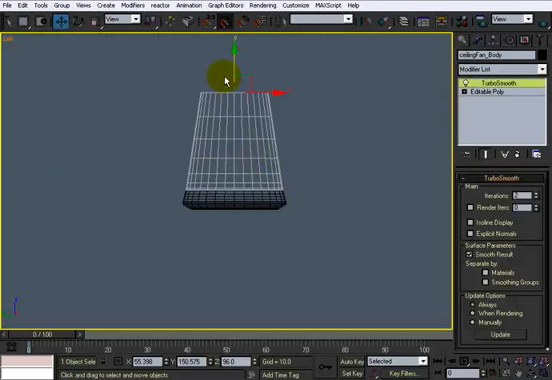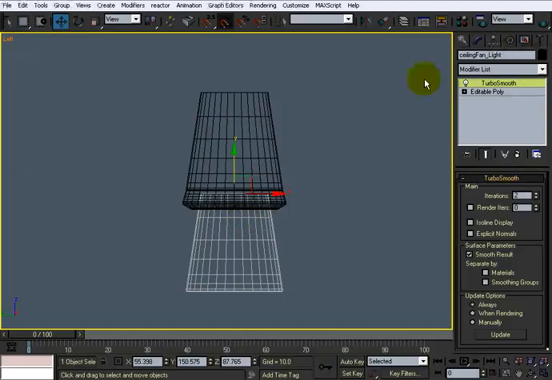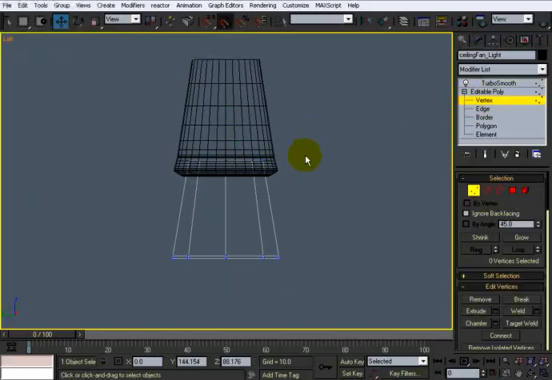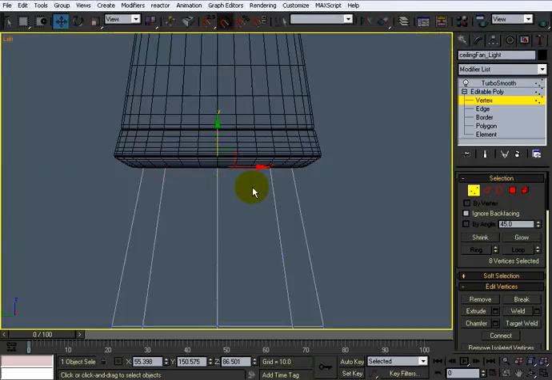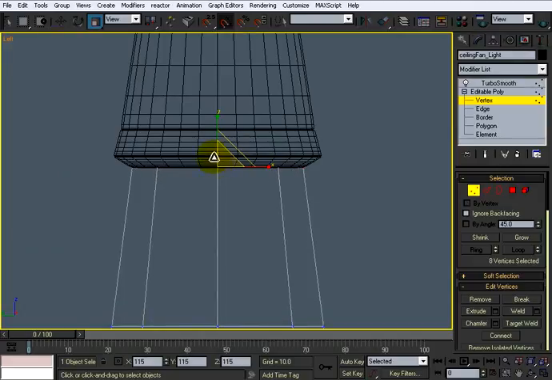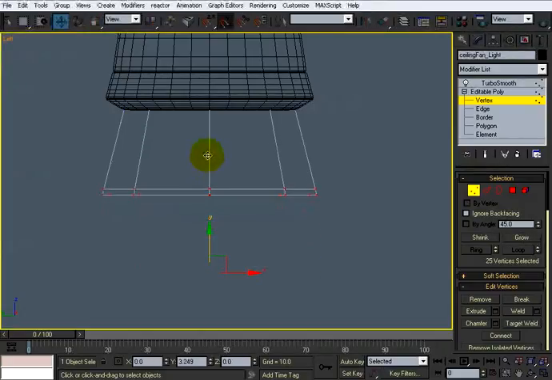Now what I'm going to do is take this and shift drag down a copy and call it the light, like so, into my vertex mode, and bring it down here. Because if you notice, this is actually inset to where that comes out, so I need to scale it about to right there. And I'm going to take this, bring it up,